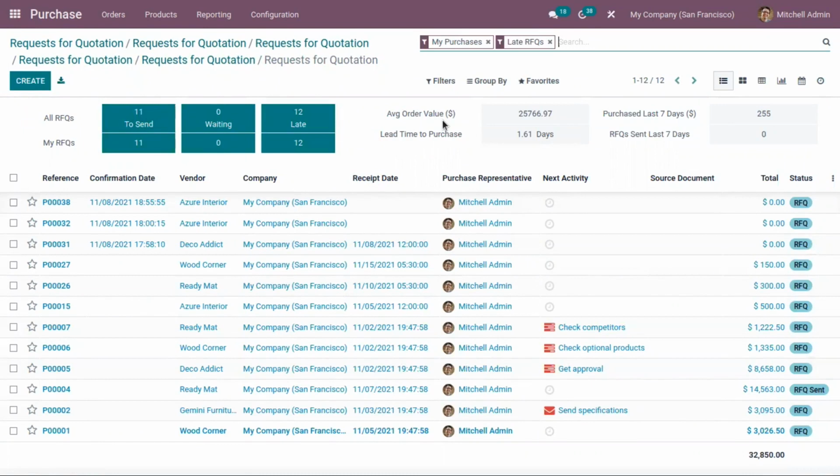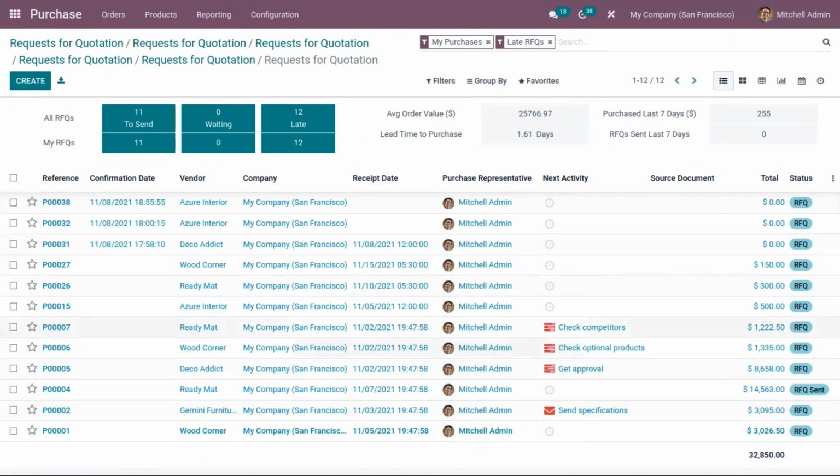And along with this, you can find the average order value. The total amount can be viewed, and the total purchased in the last 7 days and the total lead time to purchase. Then here we can find a count of RFQs sent in the last 7 days. So by looking at this dashboard, you can get an overall view of your requests for quotations.